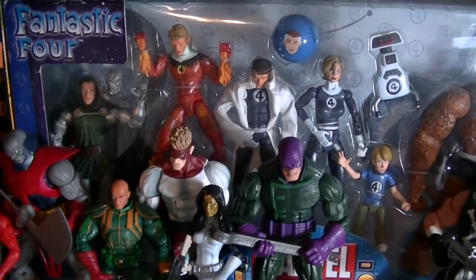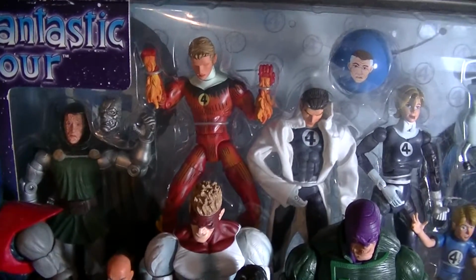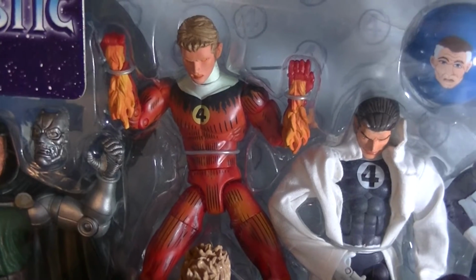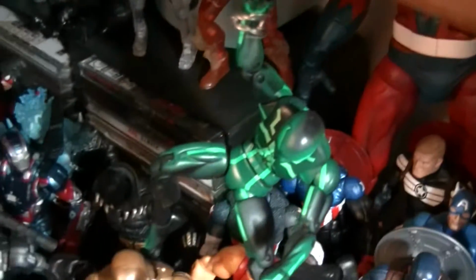It is Saturday morning, and before I head off to work, I was looking at my action figures, and I was looking at this Johnny Storm in particular, and I was like, man, he looks familiar. I think I have another action figure that looks like this. But then in looking through the library,